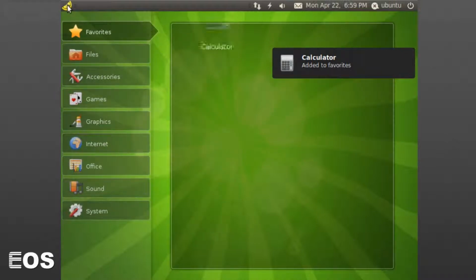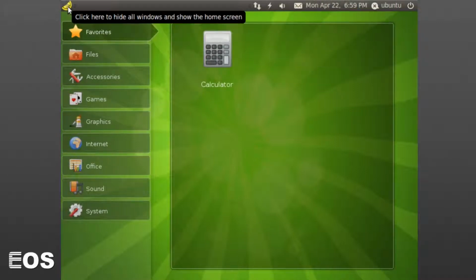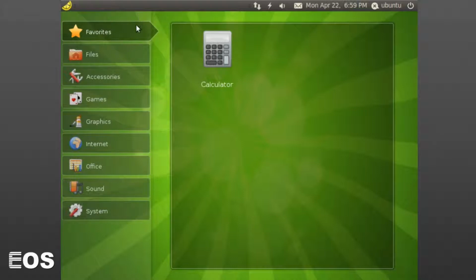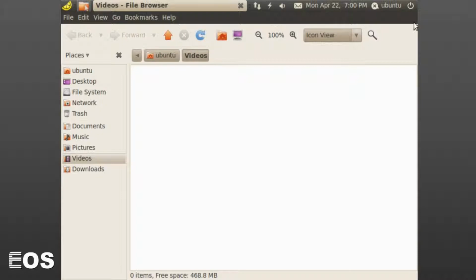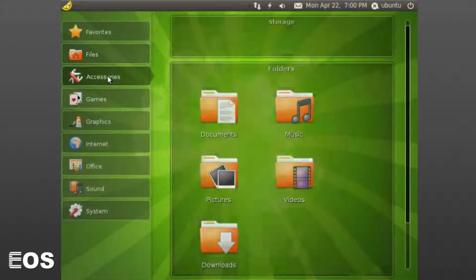Now, this little click here hides all windows and shows the home screen. So that is the favorite screen, the home screen, compared to all these assorted little menus or lists of programs. But as you've already seen, this minimizes all windows to this little kind of taskbar, or maybe a task drawer, I don't know, some kind of task dock. You can't seem to pin links to your folders and such, but